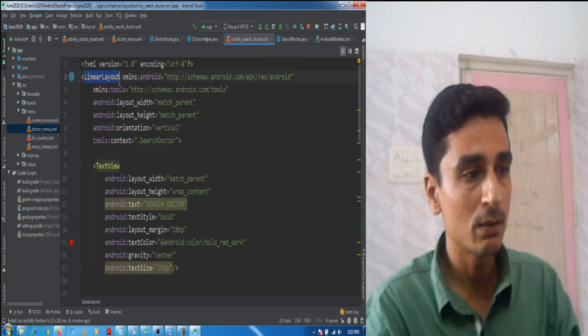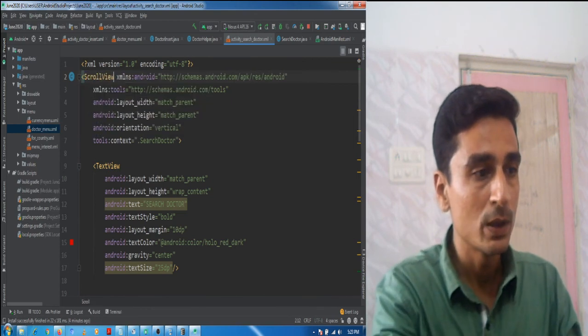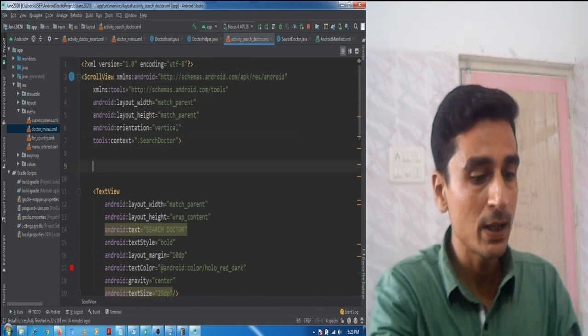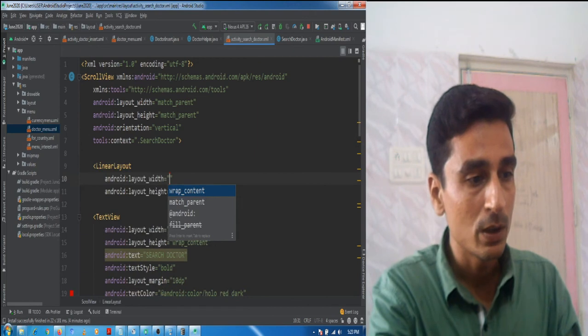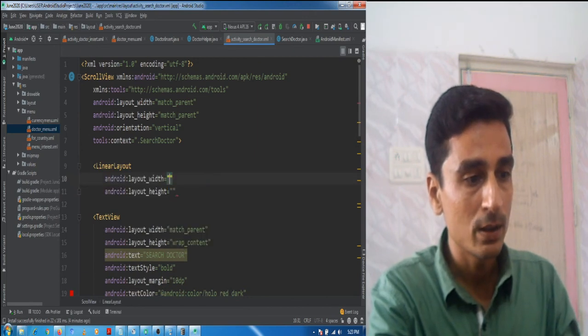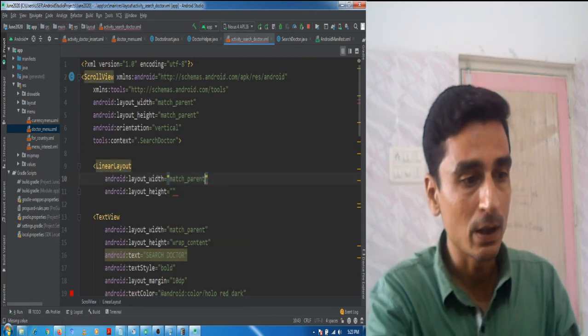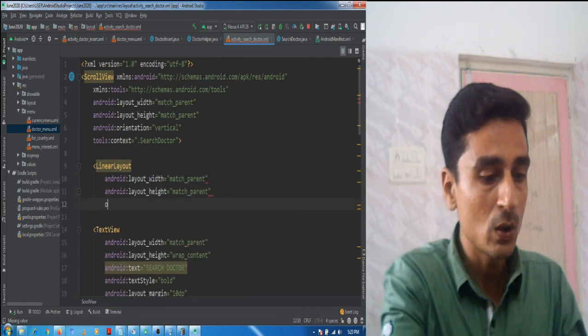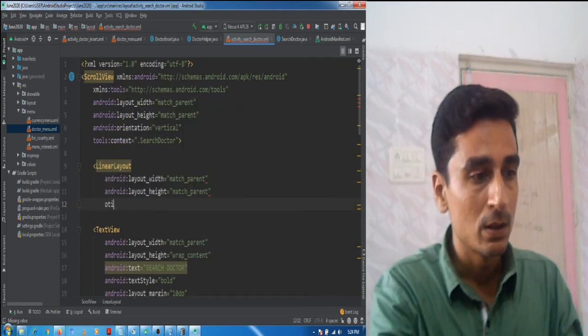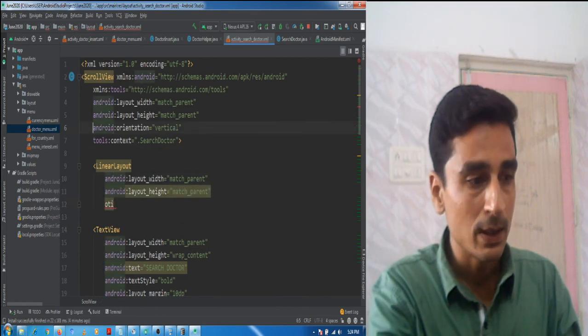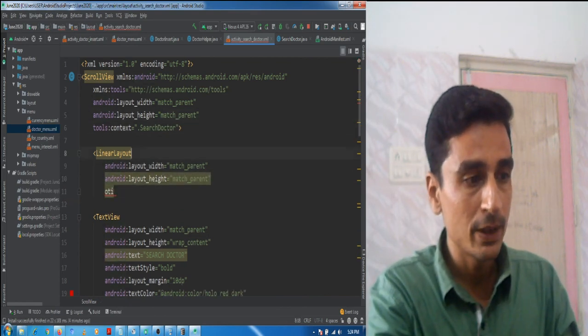We should have a scroll view here, and inside the scroll view we can have a linear layout. The height and width will be match parent, and we will also set the orientation as vertical.